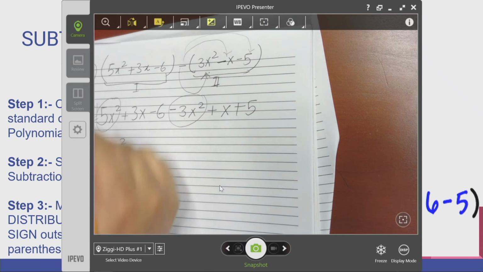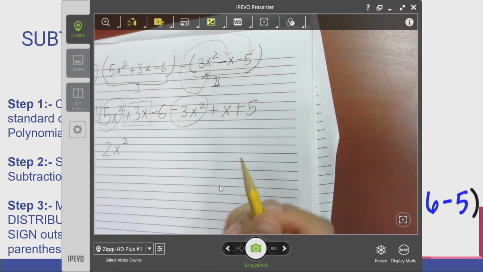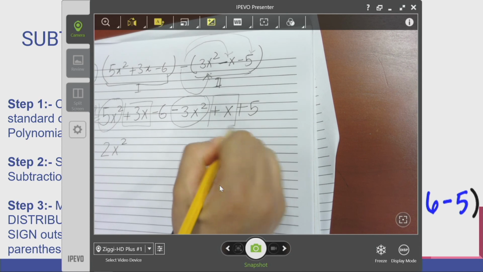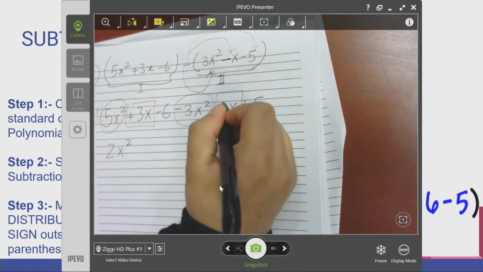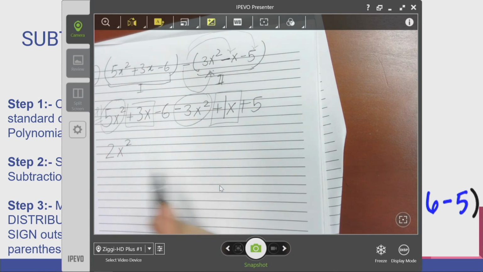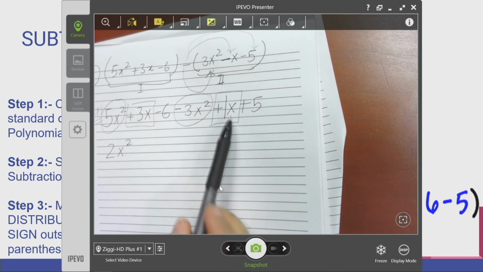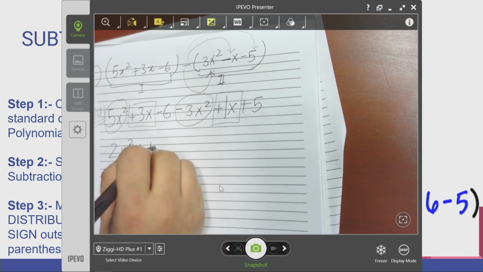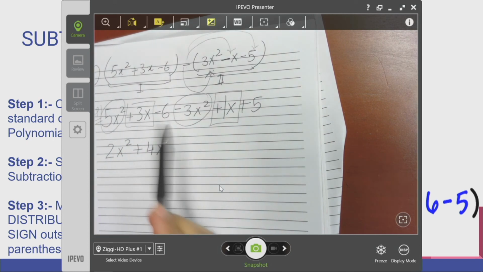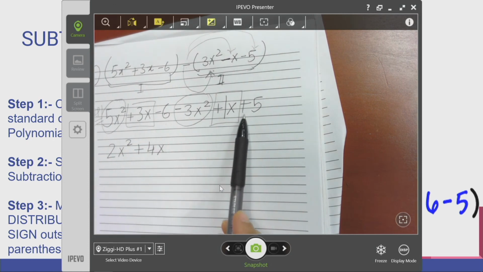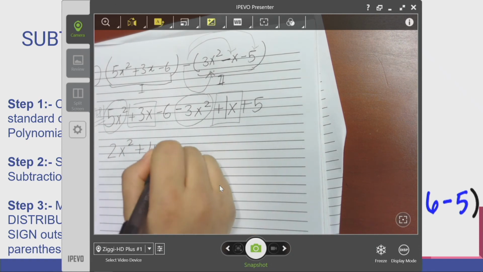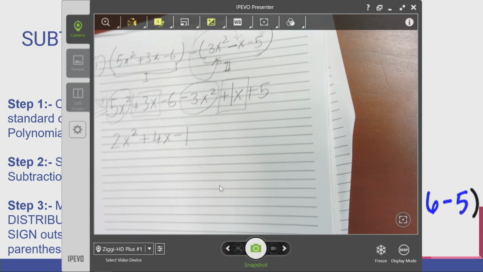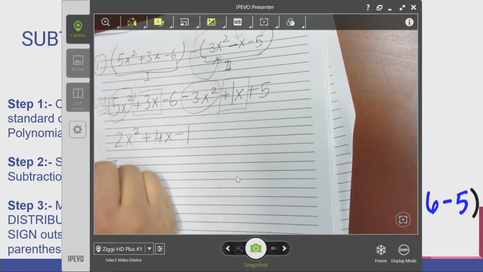The next one is positive 3x and positive x. If no number is given, that means it is 1 by default. So this is 3 plus 1, that is 4x. And we have negative 6 plus 5. Negative 6 plus 5 is negative 1. And that's it. So our step 1 for our subtraction problem is